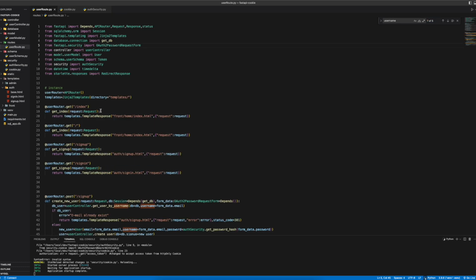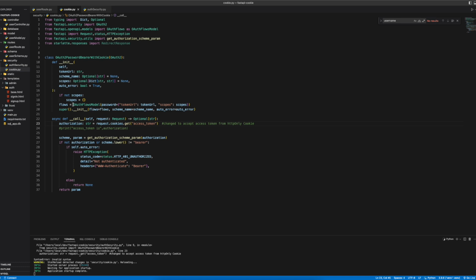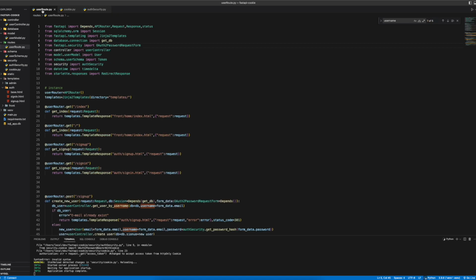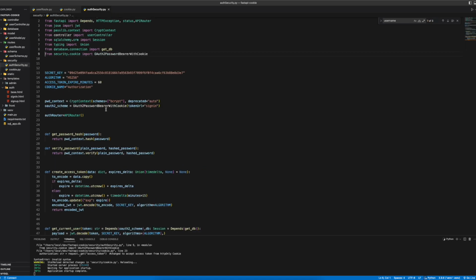If the token exists and the token is verified, then it should be recognized and it should authorize the user. And then this operation takes the user from the web and returns it. This should be our authorization method. That means from here, if I use cookies, OAuth password cookies,